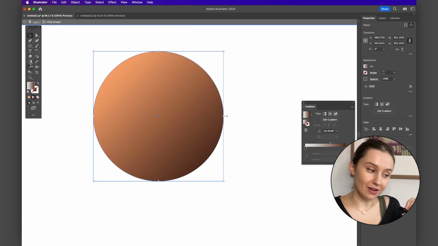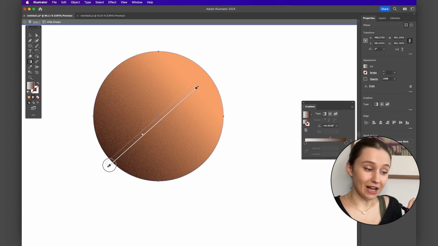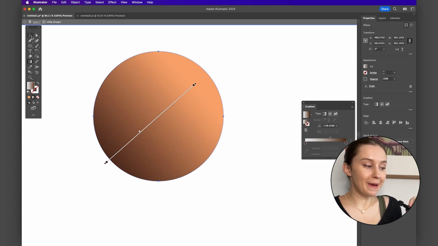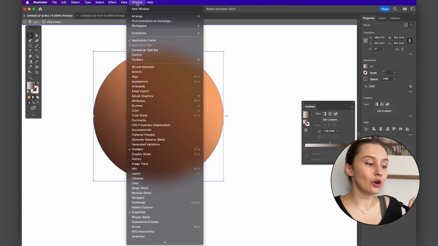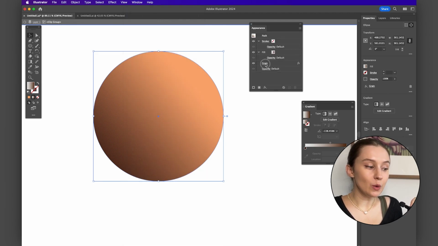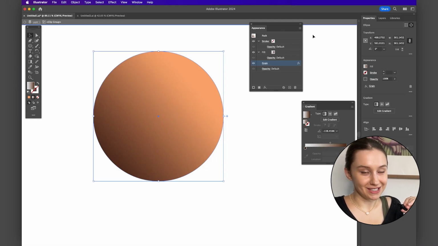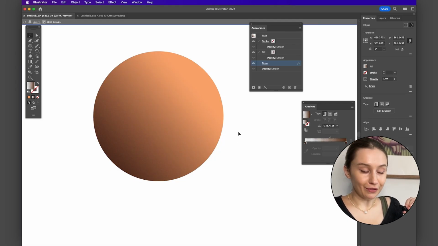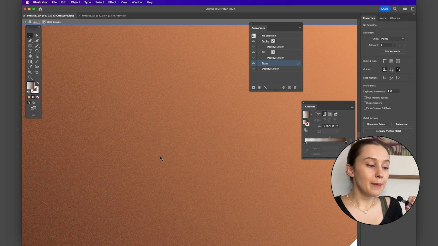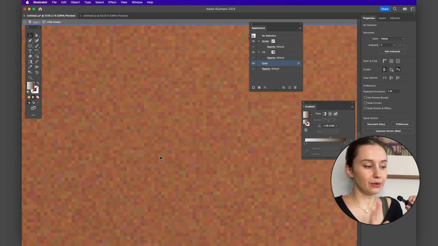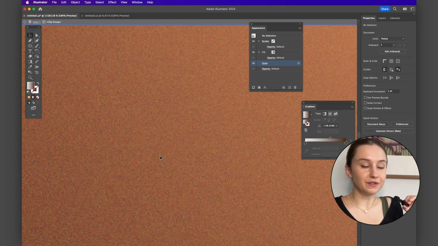We can move it around, tweak the gradient itself. And if we wanted to go back into the grain settings, we can go up to Window, Appearance, and in here we can select Grain, and that will open our settings back up for us. Now this next part is purely preference, so you don't need to do this at all. But when I zoom in really close on my grain effect, I see that it's made up of these rainbow